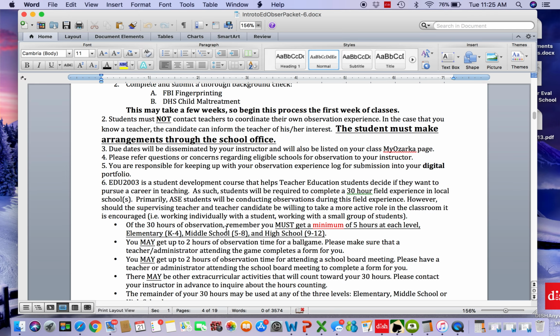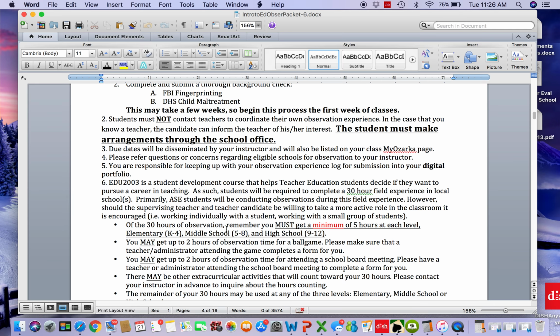For example, I have had students that went in and observed in kindergarten and they realized very quickly, I thought I wanted to be a kindergarten teacher, but after I saw that, I realized I don't have the patience it takes to be with people that young all day long. So they've shifted gears and said, I want to teach fourth grade. And I've even had some that came back and said, I definitely am geared to high school and I want to teach in high school, thinking they wanted to be an elementary teacher. So this is a good time for you to kind of get your feet wet and see what actually happens